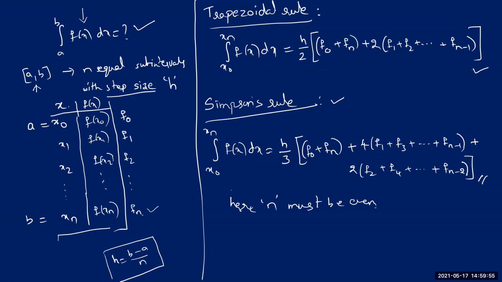And as I told you already, we have two formulae. One is trapezoidal rule and the second one is Simpson's rule. Already I have written these two formulae here. You can just go through them. Trapezoidal rule. This is your actual question. Though it is integration from a to b f(x) dx, as we considered here, we have considered x0 as a and xn as b. For convenience, I'm writing it from x0 to xn. The same question, but we are replacing a and b by x0 and xn.